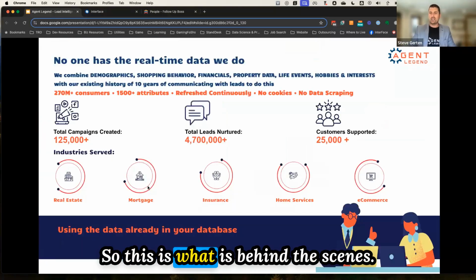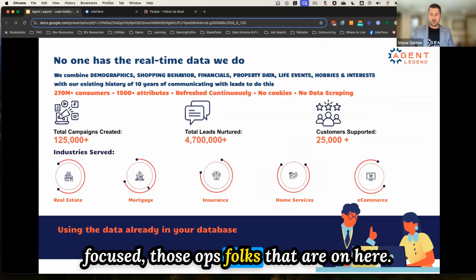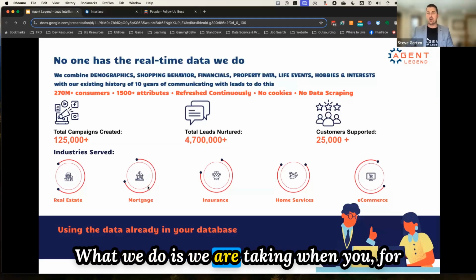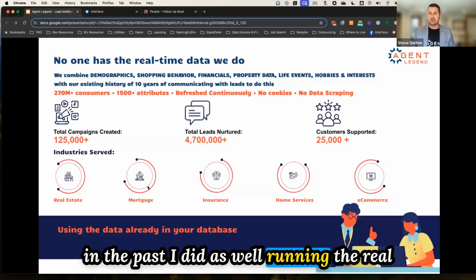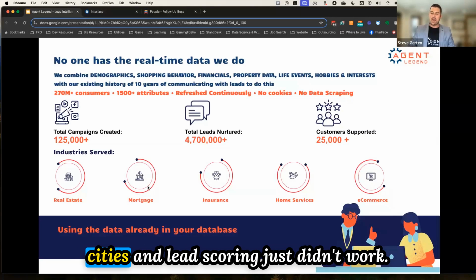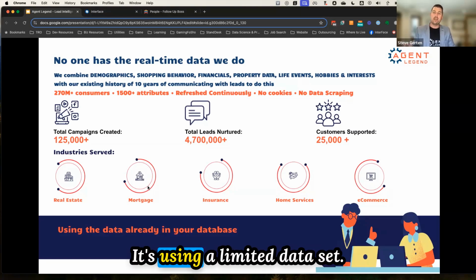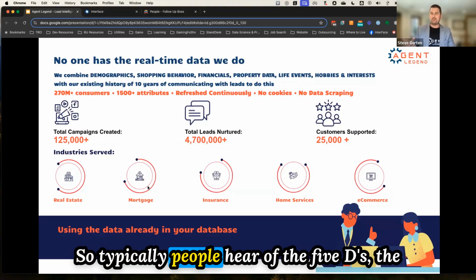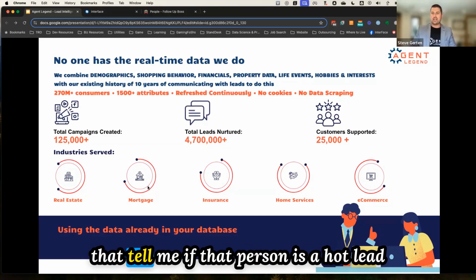So this is what is behind the scenes. So those that are AI focused, data focused, those ops folks that are on here, what we do is we are taking, for those of you who have done lead scoring in the past, I did as well, running the real estate team that we have here in the Twin Cities, and lead scoring just didn't work. And the reason for that was it's not real time. It's using a limited data set. So typically people hear of the 5Ds, the divorce, diapers, diplomas, etc. And those are some of the indicators that tell me if that person is a hot lead or a better prospect for me to nurture,